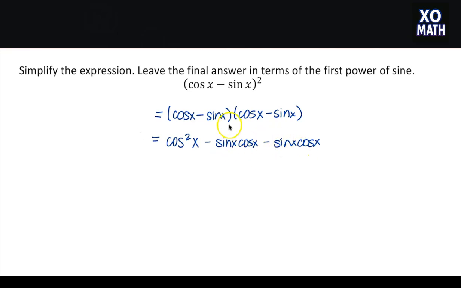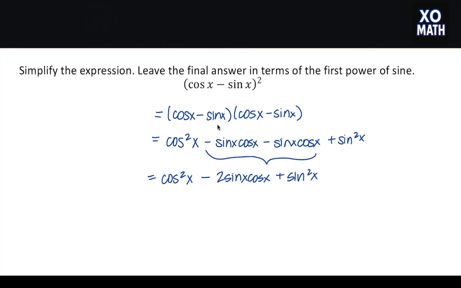These are like terms. And then last is plus sine squared x. So now I'm going to combine these like terms in the middle. So cosine squared x minus 2 copies of sine x cosine x plus